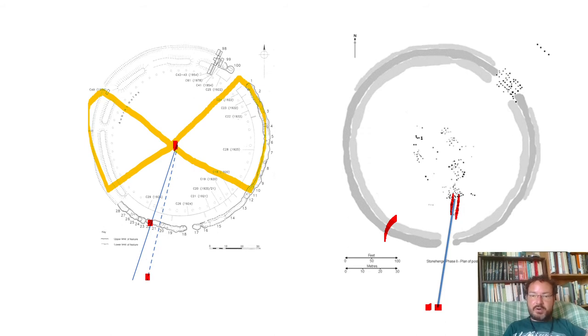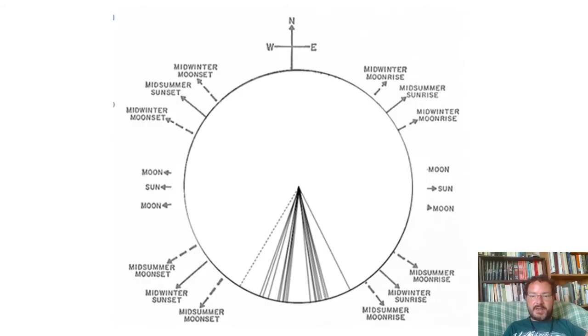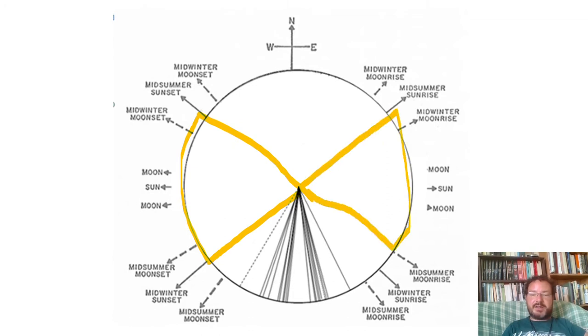So the next question is where the astronomy software comes in. And what I did was I started off with Stonehenge, but then started looking at a number of other sites, seeing whether they too had orientations or anything in the southern part of the sky, i.e. outside of that solar and lunar zone. And I started to find a large number of sites, quite important sites, large henges like Avebury and Stonehenge, others in the Stonehenge area. And actually, the further afield I got, the more I found this was the case,